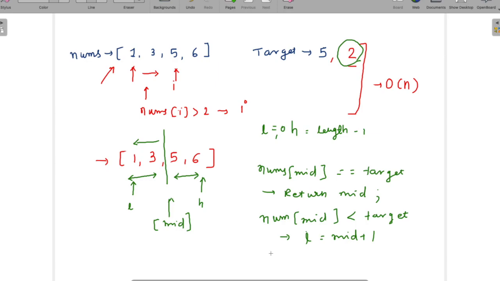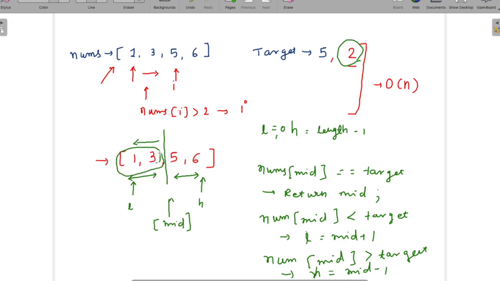In the second case, let's say the number at mid is greater than target. In that case we want our right pointer, or higher pointer, to be at mid minus 1. So in this range we would like to search it.